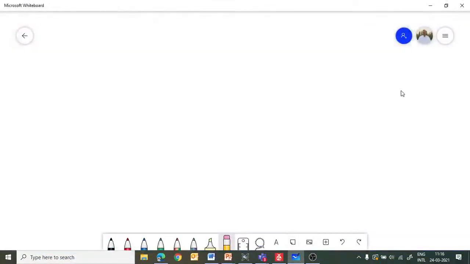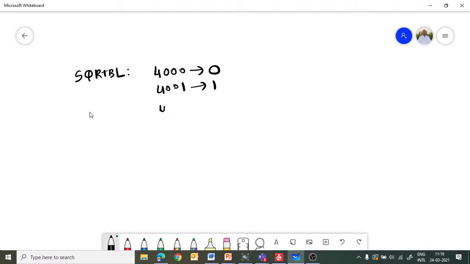Let me open this whiteboard. Now, the square table which we have seen is, let's say, starting from memory location 4000. At 4000 location we have written 0. At 4001 we have written 1.